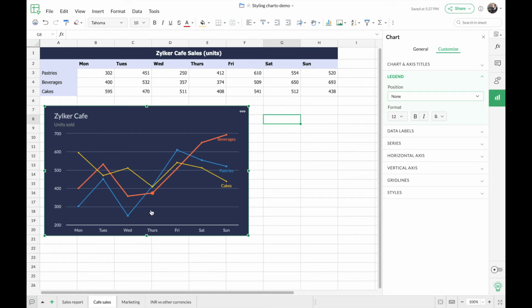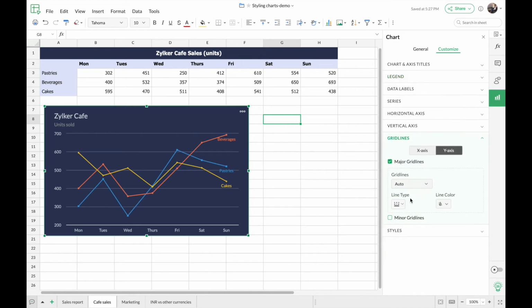And now you can see the grid lines in the background are actually a little too prominent for the chart. So they're interfering with or distracting from the line graph I have here. But since this is a line graph, I also want the grid lines for reference. I cannot simply remove them like we did in the bar charts previously. So for that, I'm just going to reduce the prominence of the grid lines that we have at the background.